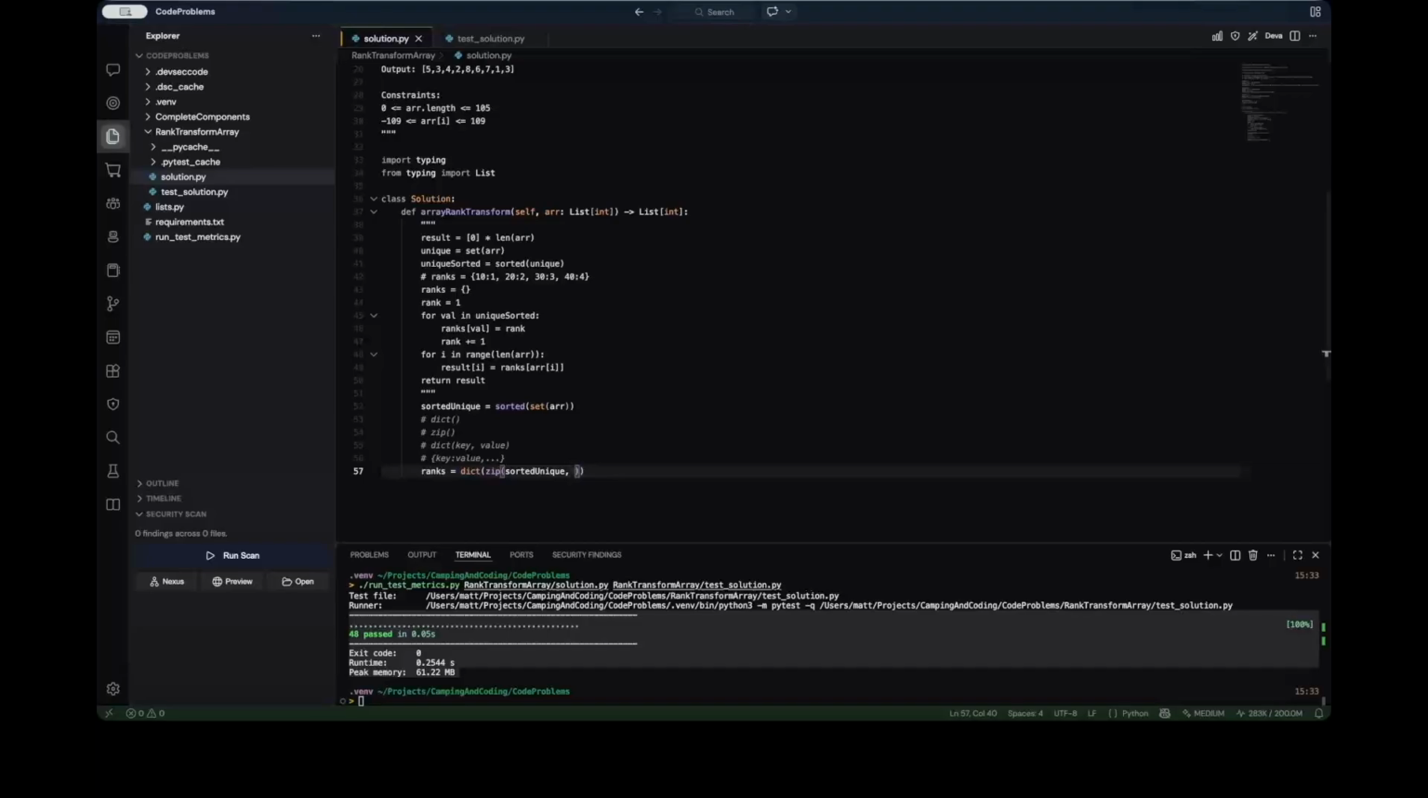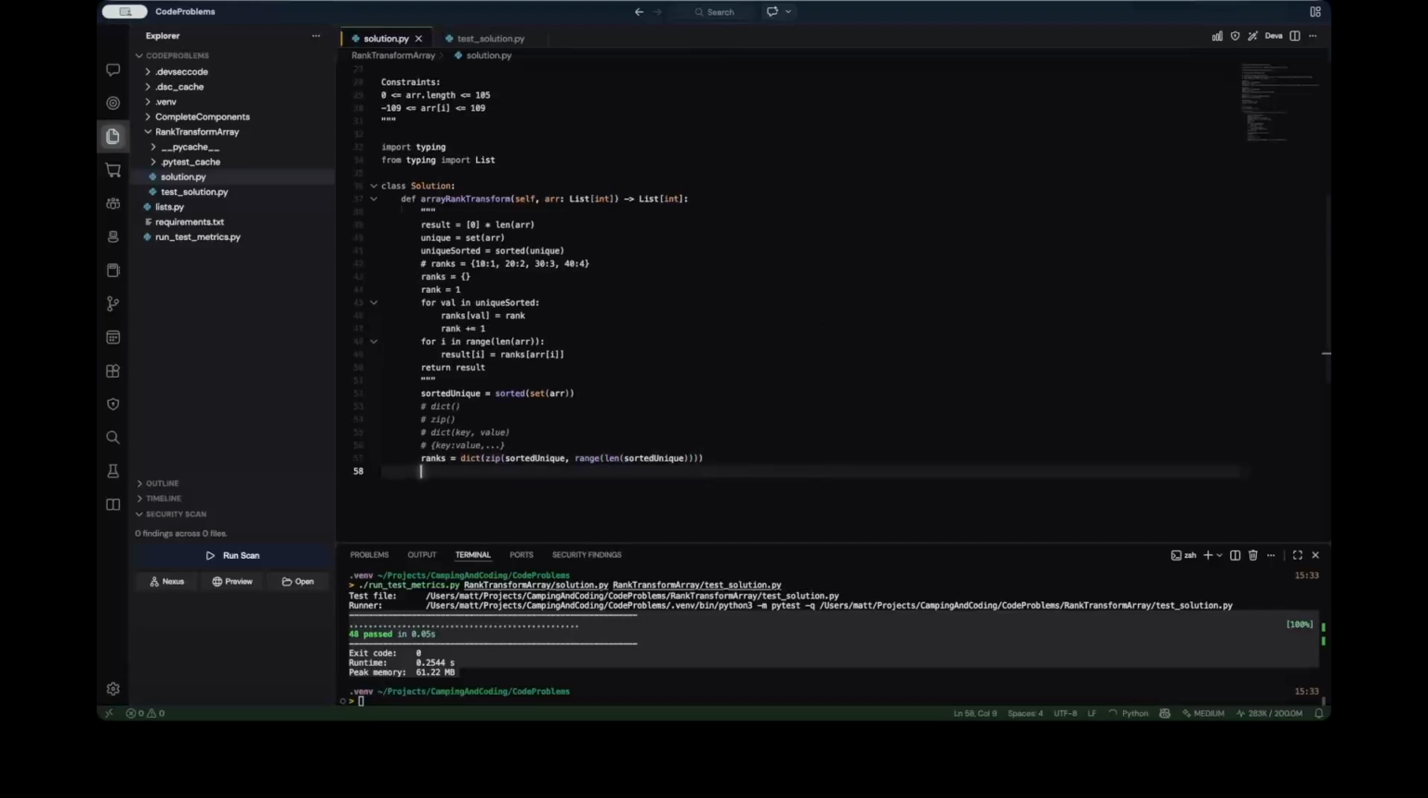The second one is a little trickier. What do we want here? If you wanted to zip up the location of each value in sorted unique with the values associated with that index, you could do range length sorted unique. Okay, so importantly, these iterables need to be the same size so that they can map one-to-one. So this would give us something like